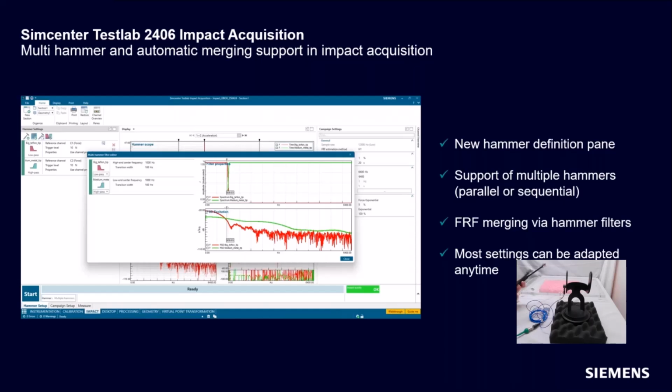You can use both hammers, and you can use this thing called an FRF merge, this filter, and what it'll do is it'll be the best of both worlds. So if you're interested in low frequencies, you can impact with this hammer, and if you're interested in high frequencies, you can impact with this hammer, and then it'll take the combined FRF and merge the two together. And then I'm also going to show you what that data looks like if you were to only use one over the other. So it's a big advantage if you're trying to do quick automated testing.